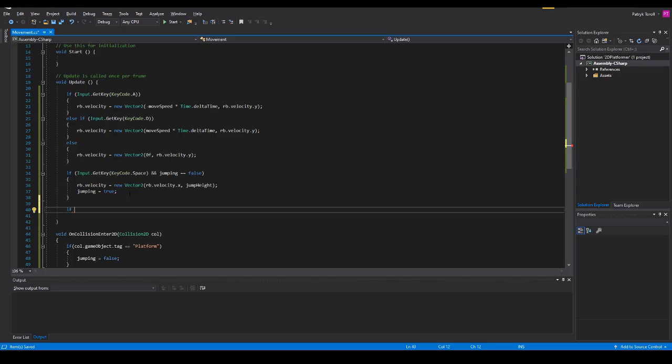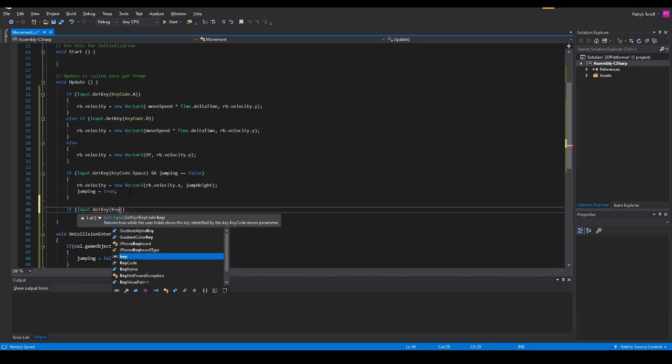Crouching will mean that the player will shrink, basically. So if Input.GetKey, KeyCode.S, in my case,